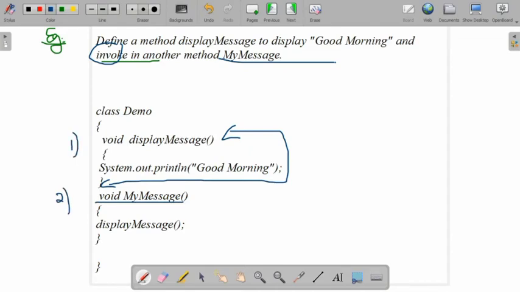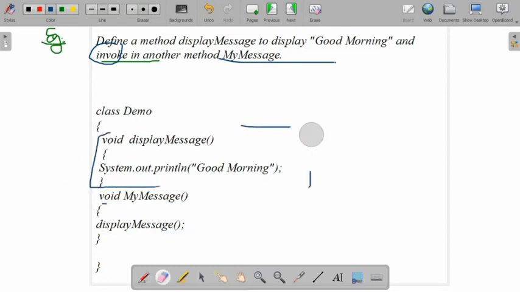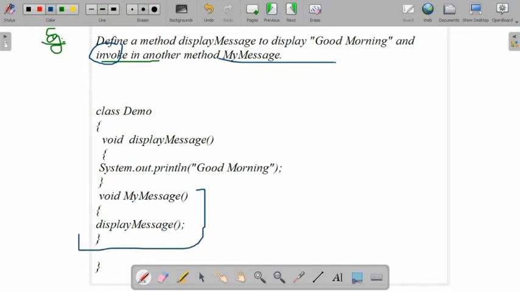Okay. When it executes, the compiler will come here, and in void my message it finds the method calling statement. Inside the my message method, it has invoked display message.